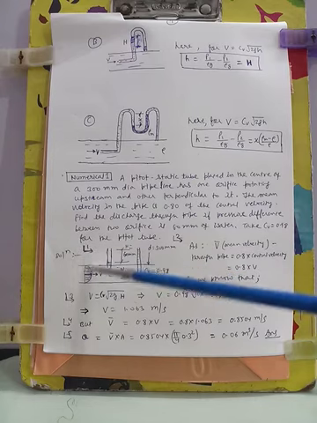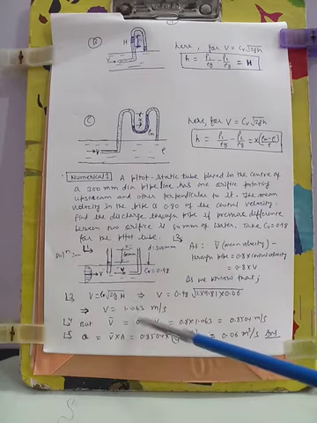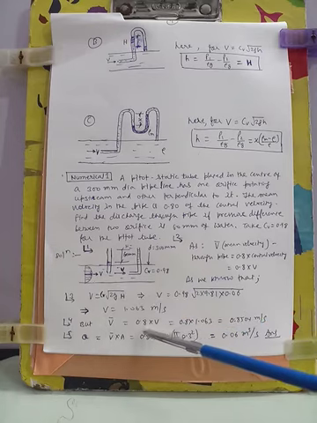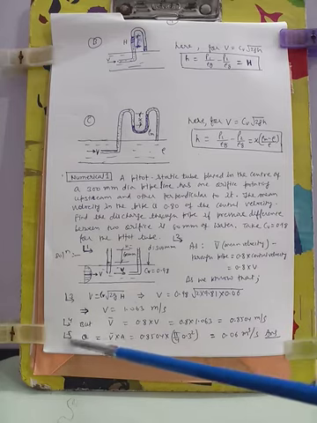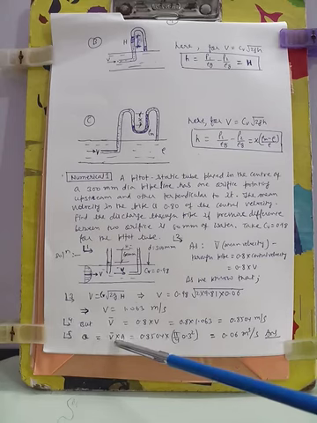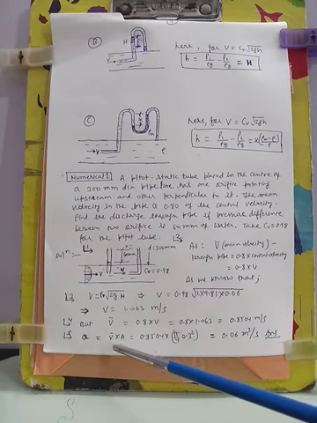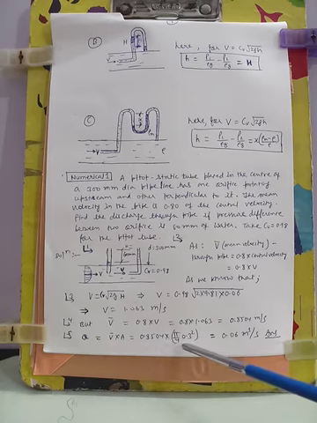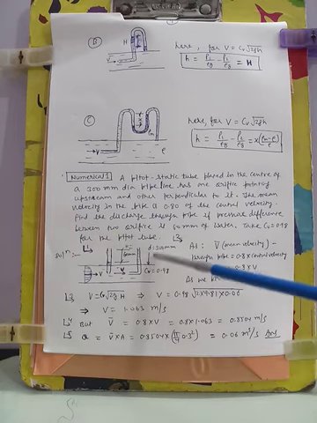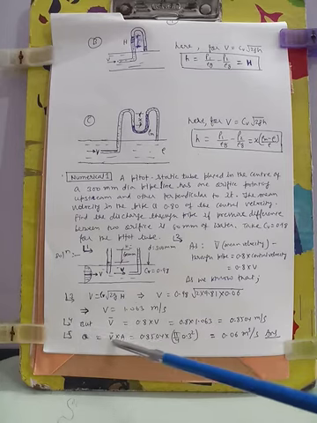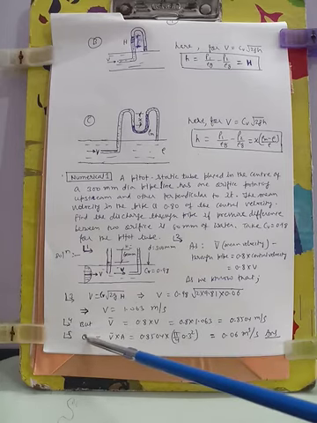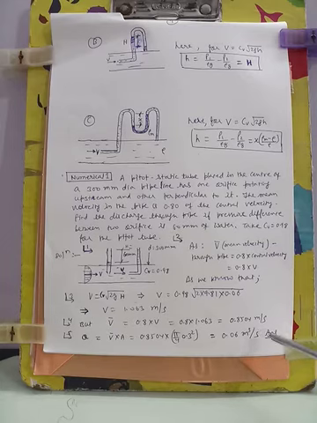So the average velocity through the pipe will be 0.8 times this central velocity. This is maximum. 0.8 into V is coming out 0.8504 meter per second. So we know that the discharge through the pipe can be calculated by Q equals V into A, the average velocity into the cross section area of the pipe, and as given, the diameter of the pipe is 300 mm. So the cross section area of the pipe will be pi by 4 times 0.3 squared. By calculating this we get the discharge through the pipe as 0.06 meter cube per second.